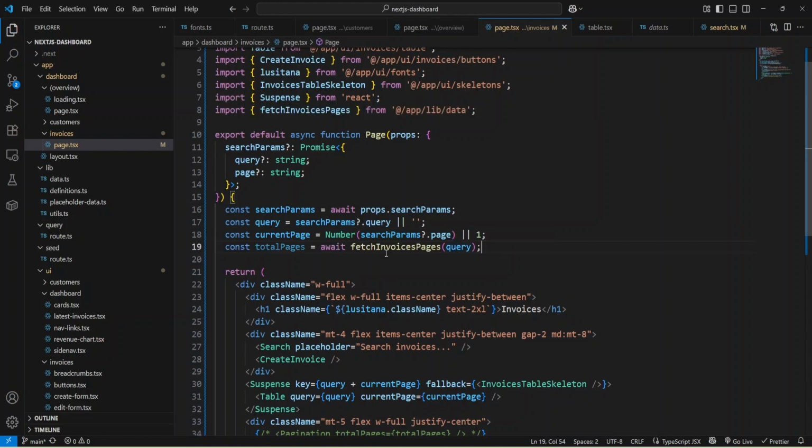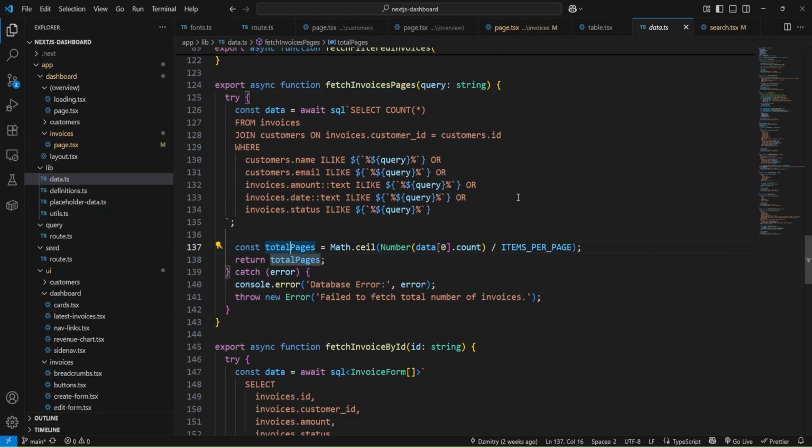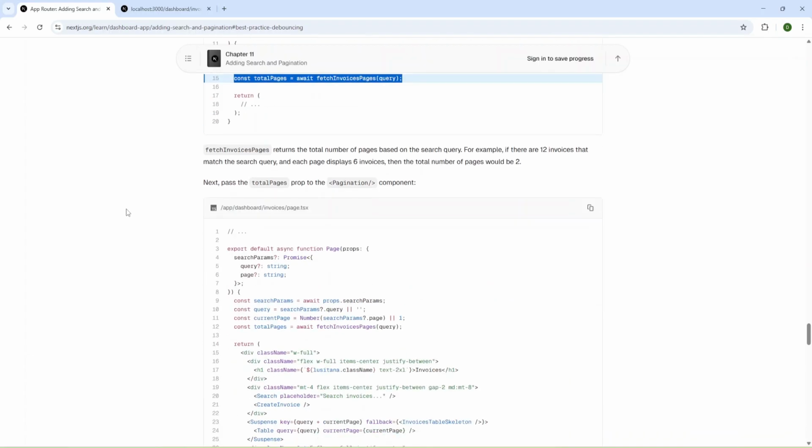Okay, and we can check this function, and as you can see, it's also an SQL query, and then we'll return total pages. Okay, and let's go next.